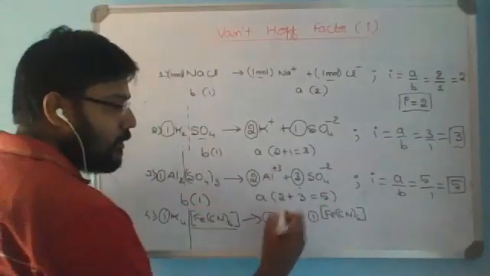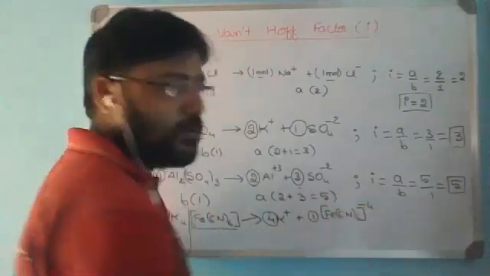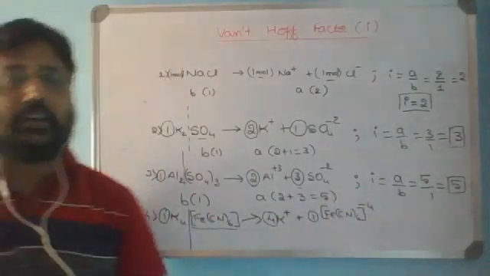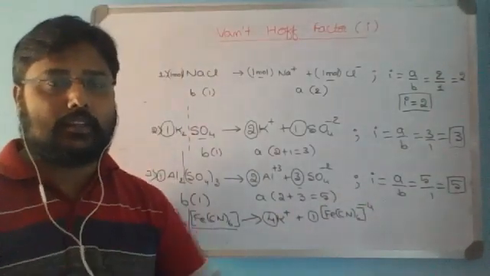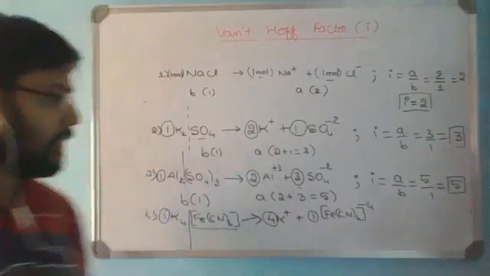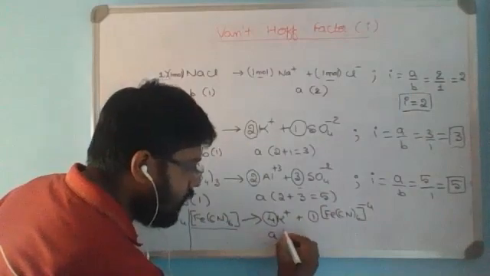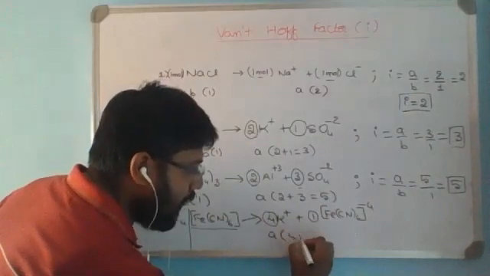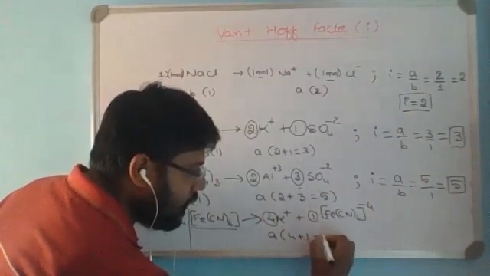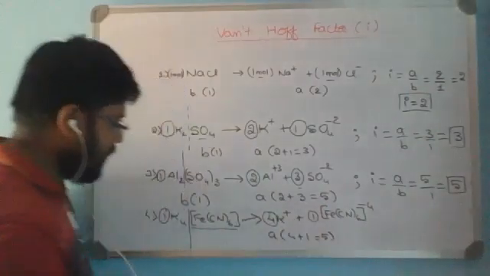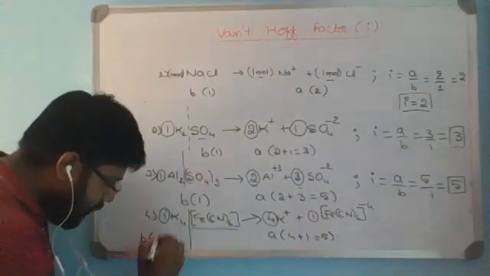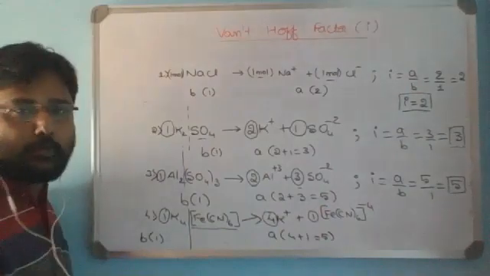The charge is plus 4 here and minus 4 there, to make the ionic charges the same. It is neutralization of ionic charges. Now the number of moles after dissociation is 4 moles of potassium and 1 mole of complex ion, hence it is 5 moles. Before dissociation, it is 1 mole of a coordination compound.